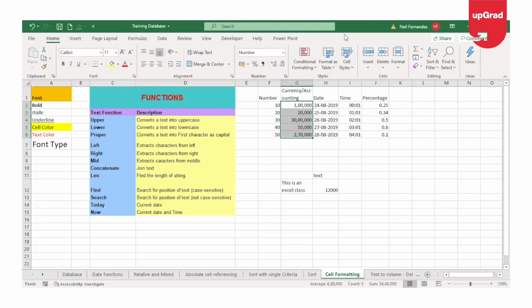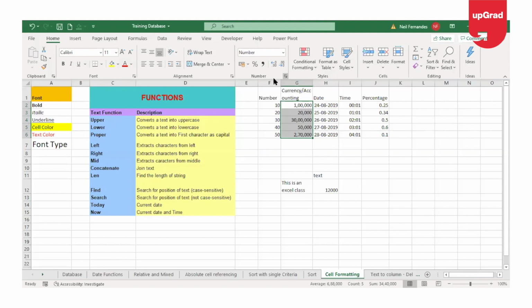There is one more way to add the comma separator or the 1000 separator, or to decrease and increase the decimal places. And these are some shortcut keys that are given on the top in the number group, which you can see the icon for a comma. That icon can be used to add the 1000 separator. These 2 icons that you can see, this is to increase the decimal place and this is to decrease the decimal place. Moving to the next format, which is the currency.